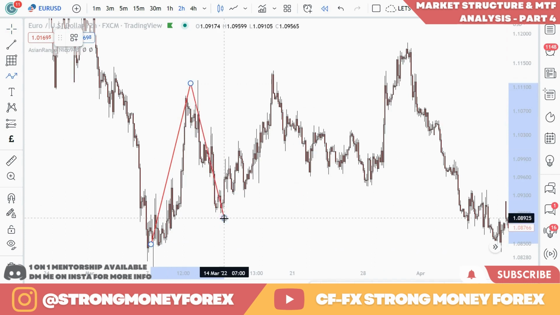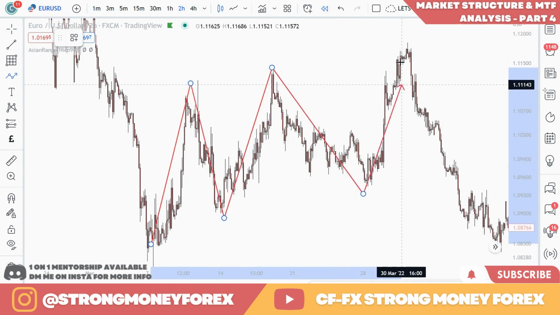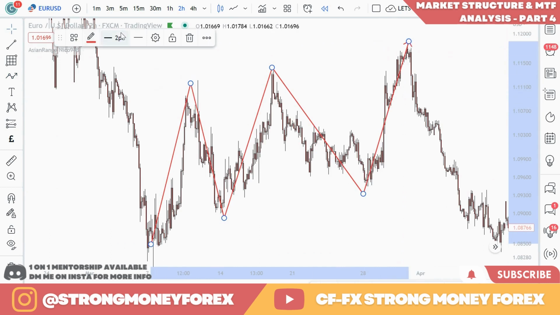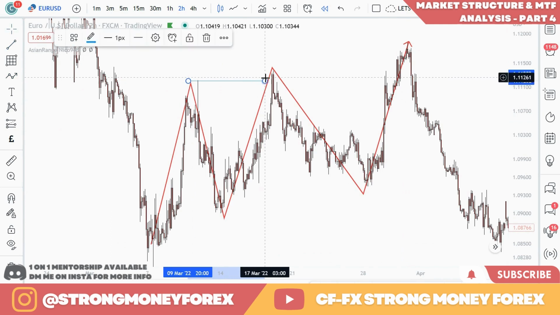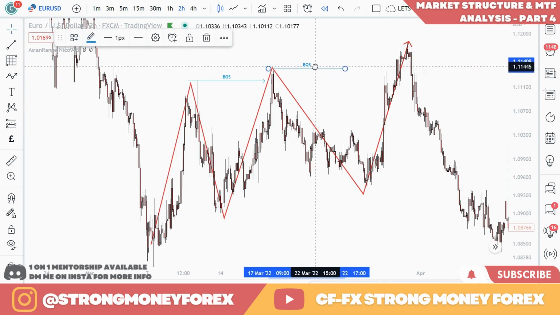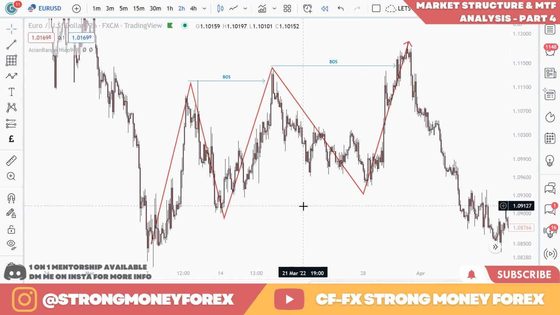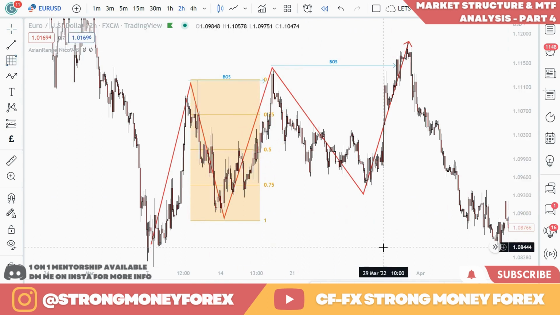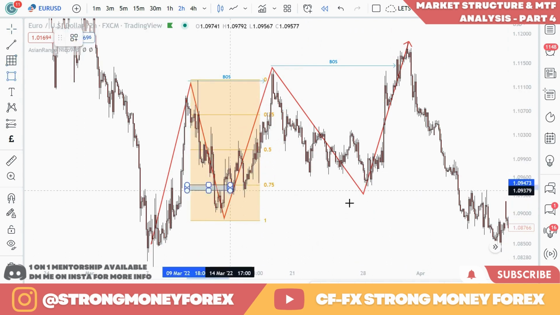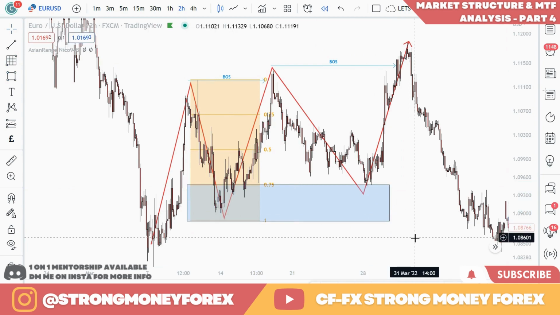Okay, this uptrend here, okay, we can clearly see high to low, low to high. Okay, let's just mark that out. You can clearly see that this market is breaking structure to the buy side. Okay, so we now know whatever we were doing before doesn't really matter. We are now in an uptrend. Okay, so if we want to be buying this market, really simply, we just need to draw our range finder on, from our high to our low, draw out our discount area, and now we've got a tradable zone. Okay, so we wait for price to come back into this zone by setting an alert, and